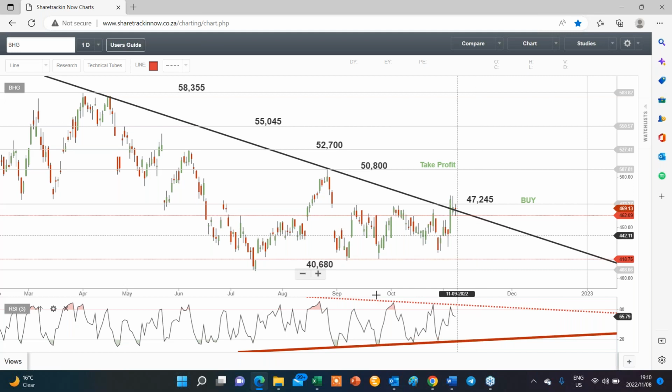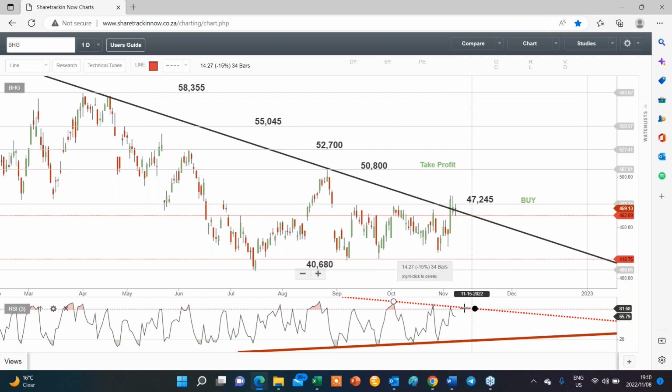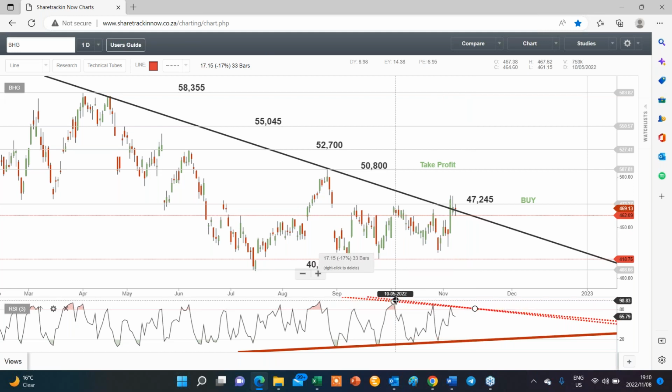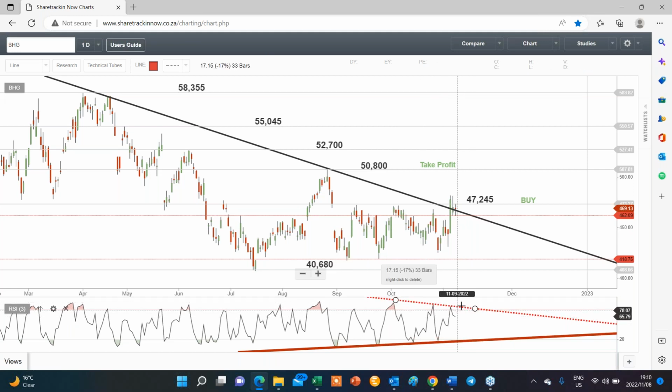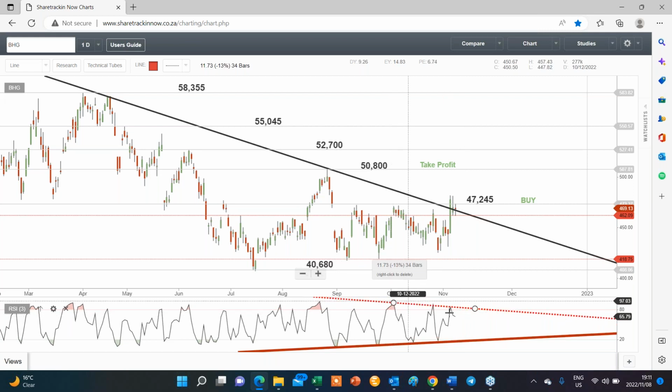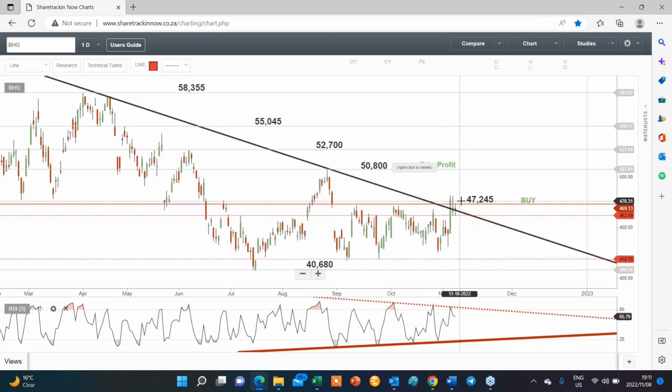So keep an eye on that right there, just to tighten up that trend line. So keep an eye, even if it does get into overbought territory, the mere fact that it's broken out of this trend is quite key. So once it has breached that level, and remember, it must be a nice green candle that forms above it. So in other words,